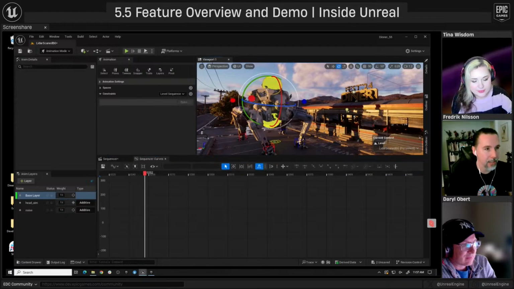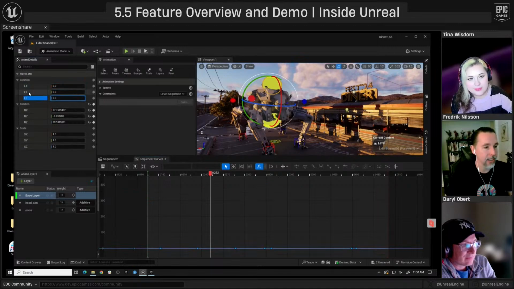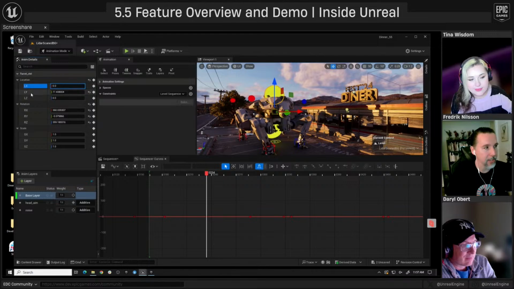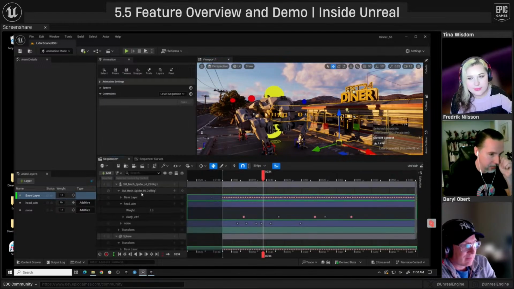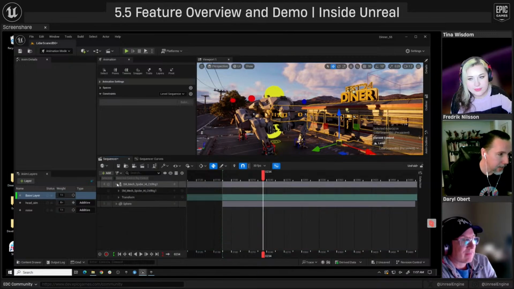So if I select a control here, you'll see these are the keyframes just of my head control, the turret control. And if I click channels in here, it actually isolates those channels in the curve editor for you. So if I multi-select channels here, I can see the X, Y, and Z. So just keep that in mind. That's why I have that tree view hidden. I'm going to go back to sequencer because that's what I'm going to cover here now. So I'm just going to collapse some stuff down.